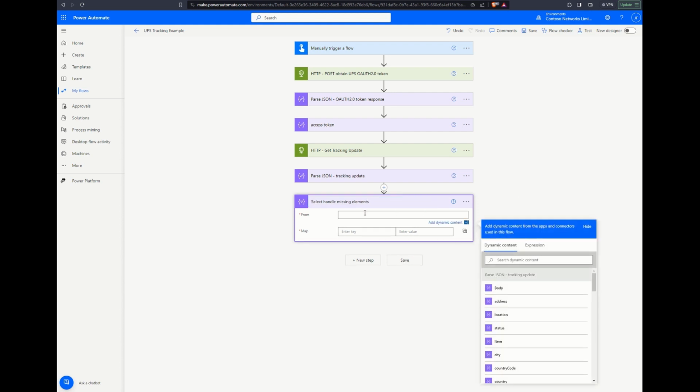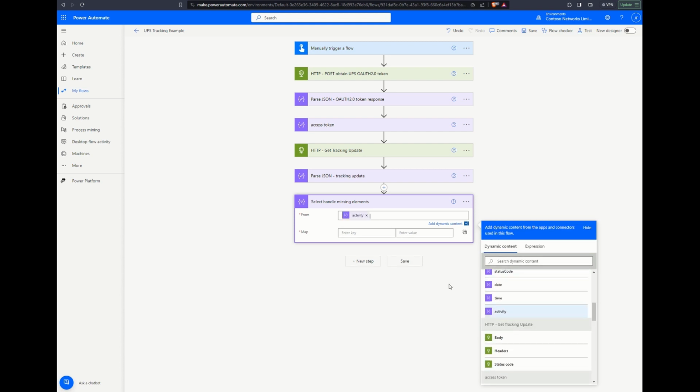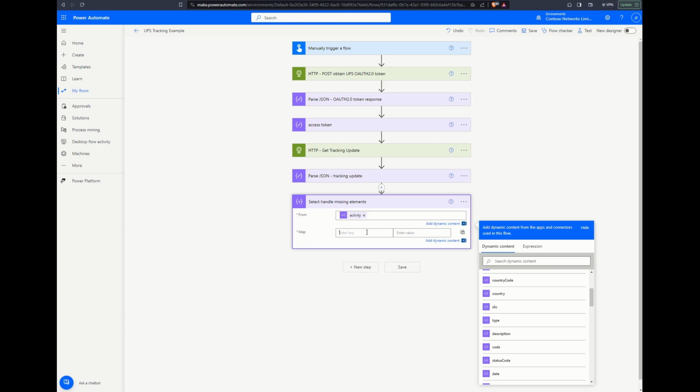And the first thing that we want to do is, I mentioned how the city isn't always present. And so we're going to insert the activity there from the JSON. Remember it went into the array, and now we've got the activity, and the select goes through and renames all the entries in the array. So that's great. The first thing that we were interested in is the city,